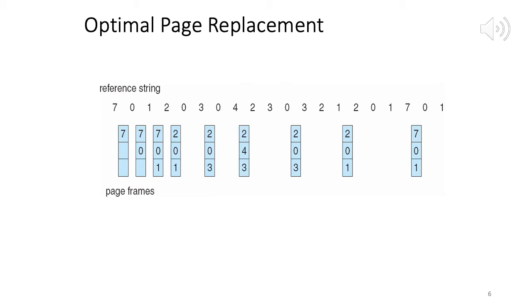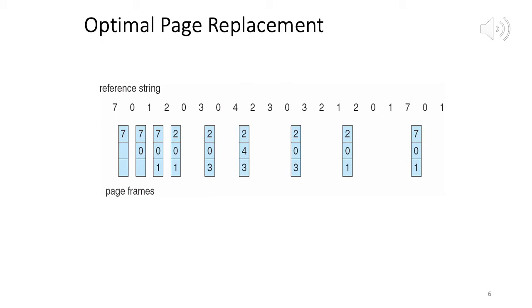3. From 2, 0, 1 now we have to pick. So 0 is accessed right after 3, so we don't pick that, but now between 1 and 2, 2 is accessed before 1, so we pick 1. So we evict 1, bring 3 in its place, and 0, then 3 is there, then 0, no page fault, then 4. For 4 now we have to pick among 2, 0 and 3, and we have to evict 0, because we have 2, then 3, then 0. 0 is not going to be used for the longest amount of time. So now we have 2, 4, 3.